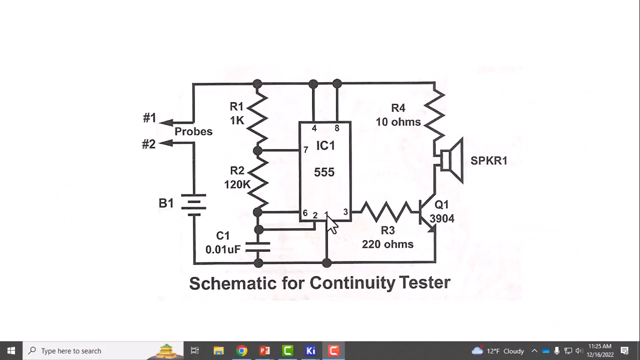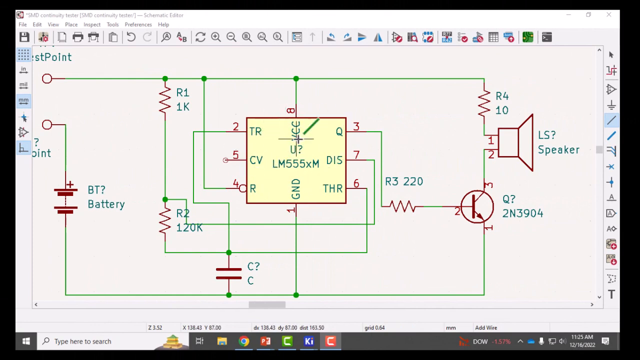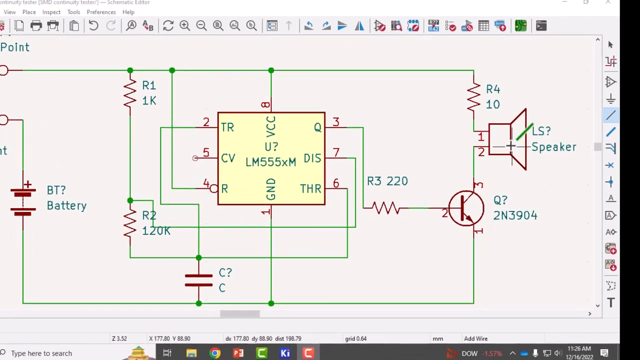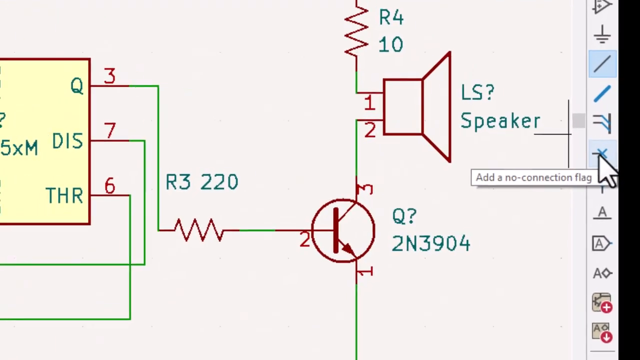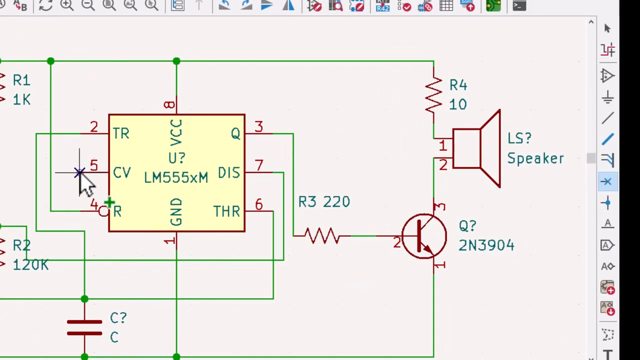Now if I double check, I should have from my IC pins 1, 2, 3, 4, 6, 7, and 8 connected. Pin 5 shows no connection. So here in my KiCad schematic I've got pins 1, 2, 3, 4, 6, 7, and 8 all connected. Pin 5 is showing no connection. There's a special symbol for that in KiCad. I'm going to go over here to the right side to the Add No Connection flag and put that right